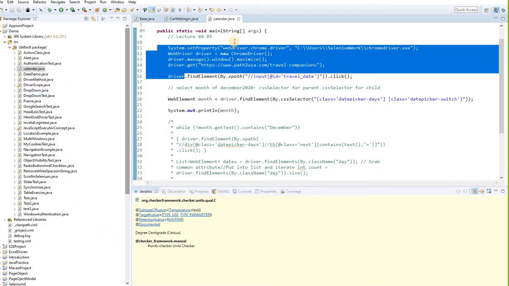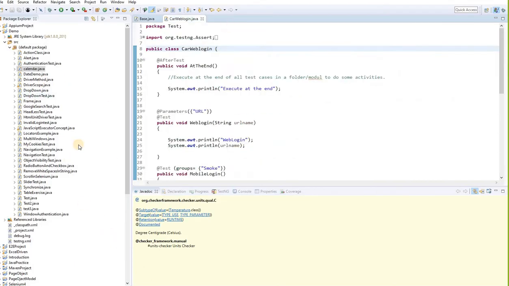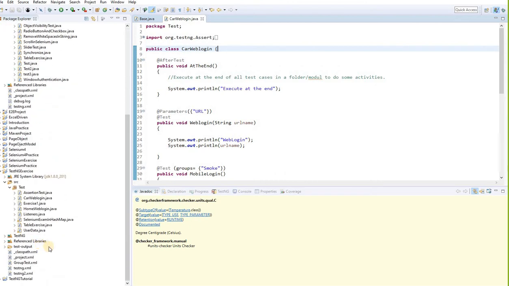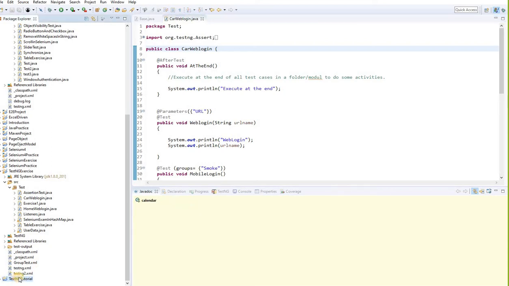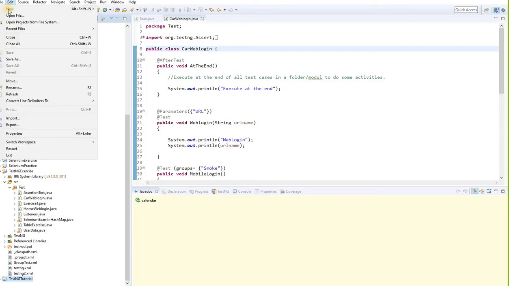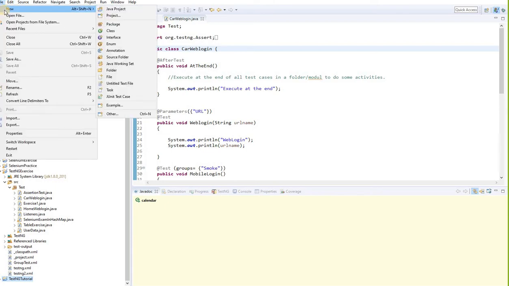Let's create a new project in your Eclipse. Give it a name, I would say something like TestNG tutorial. So create a new Java project. Just for now, create a Java project and give it a name. Remember, that's how we can create it: File, then New, then Java project,